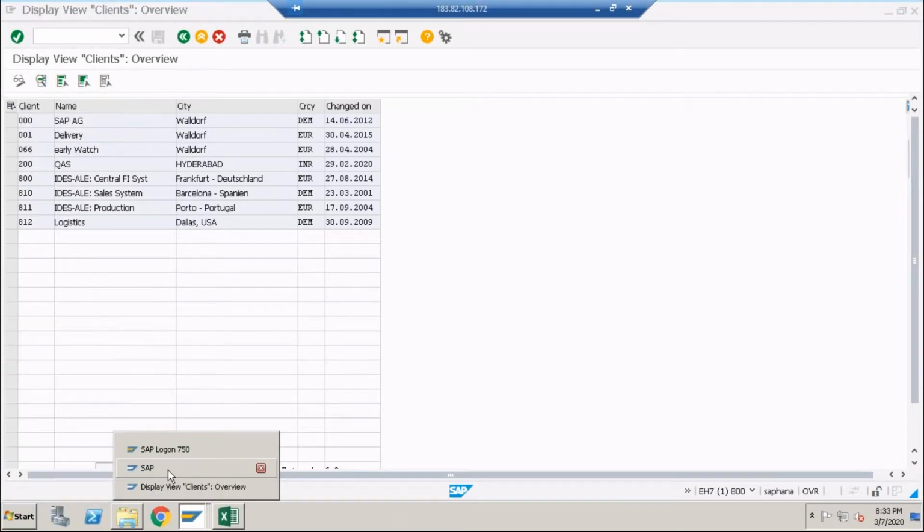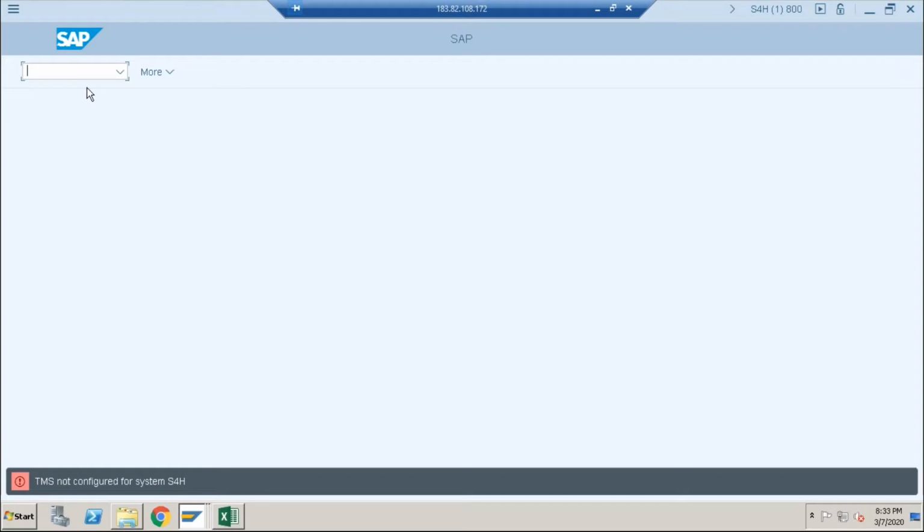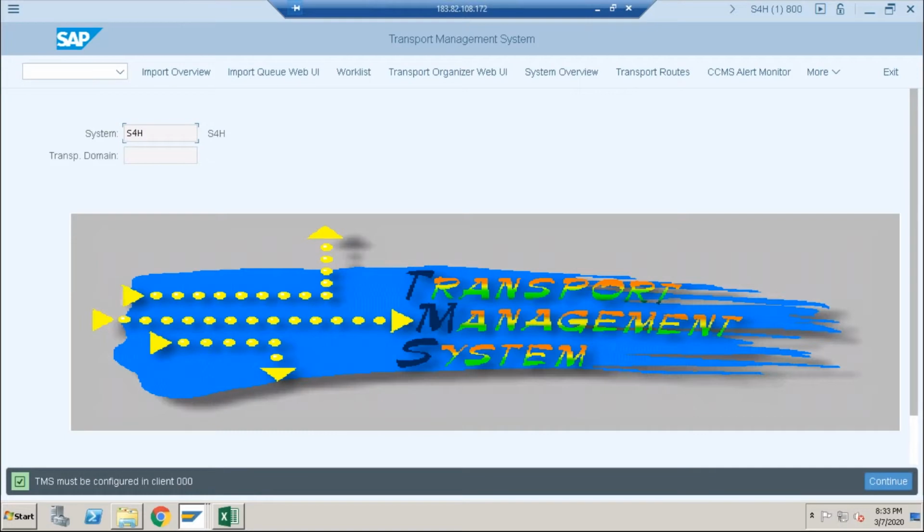Yes. Typing HTML is showing the error. Yes, this is the error. The TMS is not configured for SAP systems. If we want to do any configuration, just type it. Go for more. Again, type the same HTMS. Acha, here. Okay. Here only. See what message we are getting. Yes, exactly. At that time, how can we do this? Suppose if you want to add another system, how can we do that?